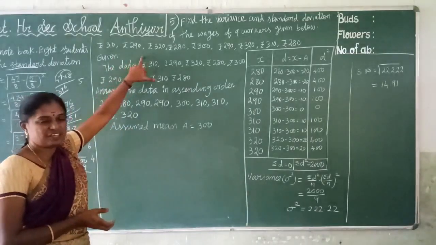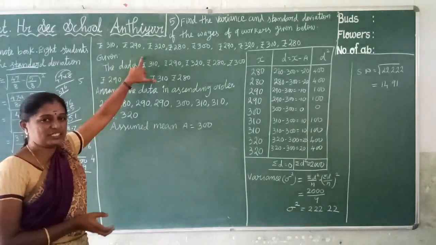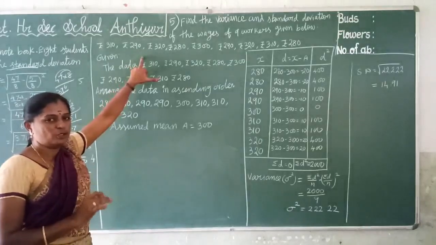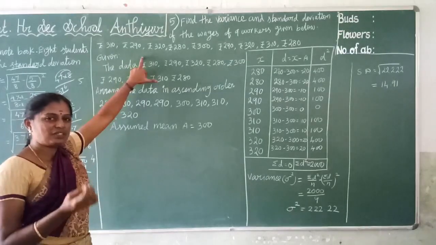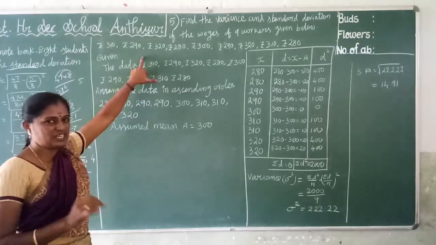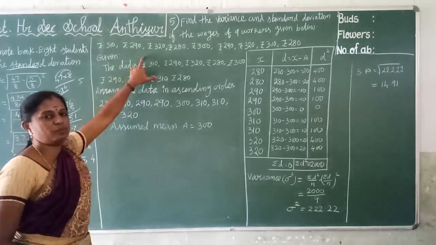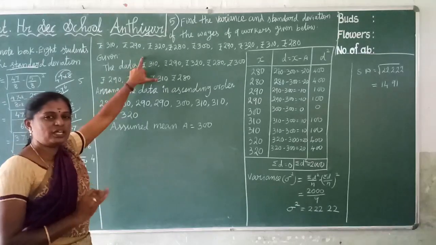Some data is given, and we have to find the standard deviation. In this question, standard deviation and variance, two values we want to find. First find the variance, and after that taking the square root easily gives the standard deviation answer. Clear? Same as the last question model, only the data is changed.